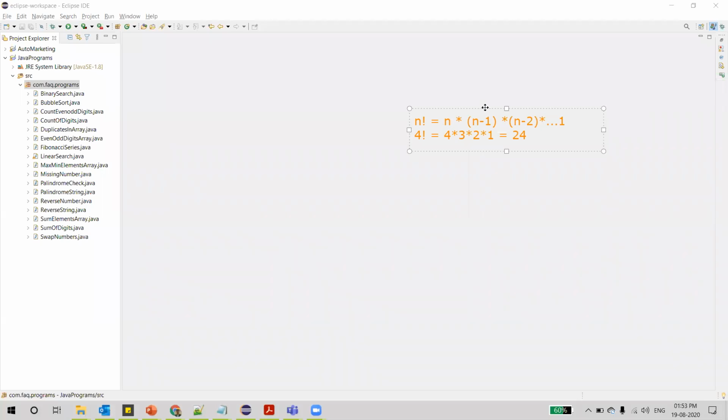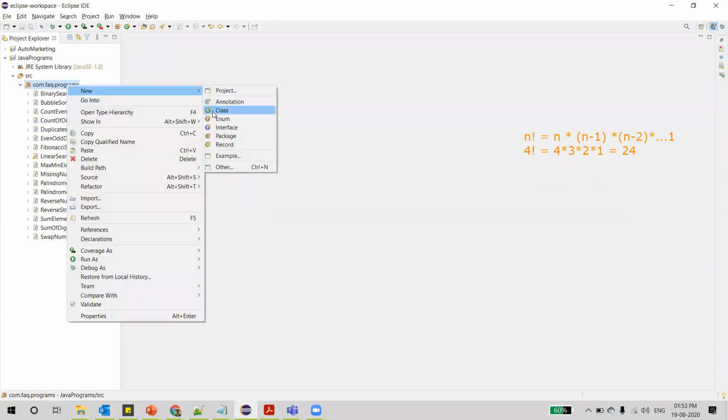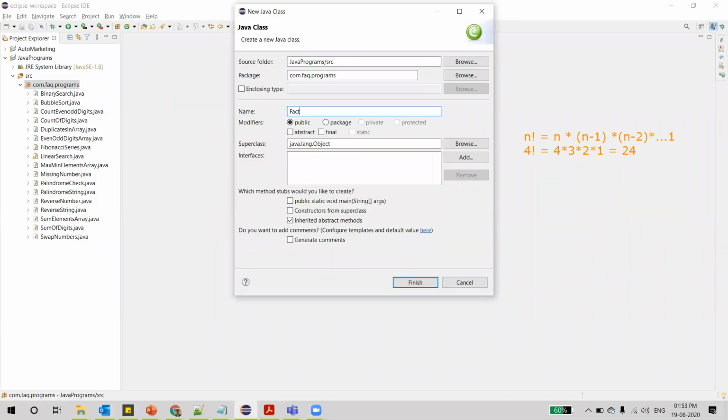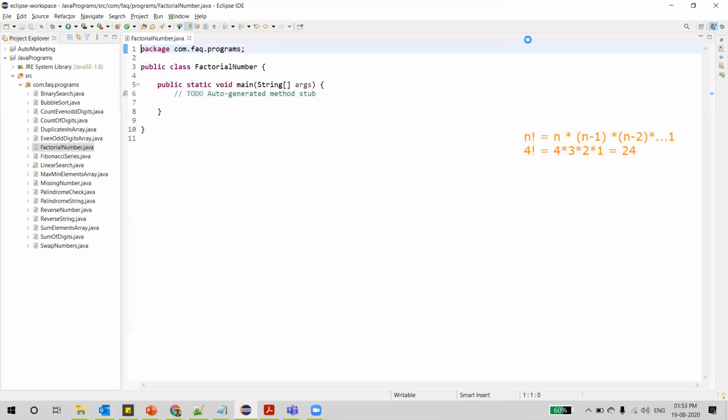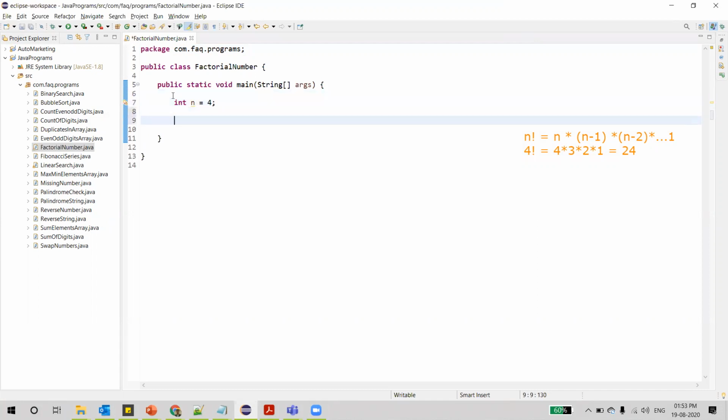Now let us write a Java program for the same. Let me create a new Java class. We'll name it FactorialNumber. And let's declare a number n, for which we want to find the factorial.